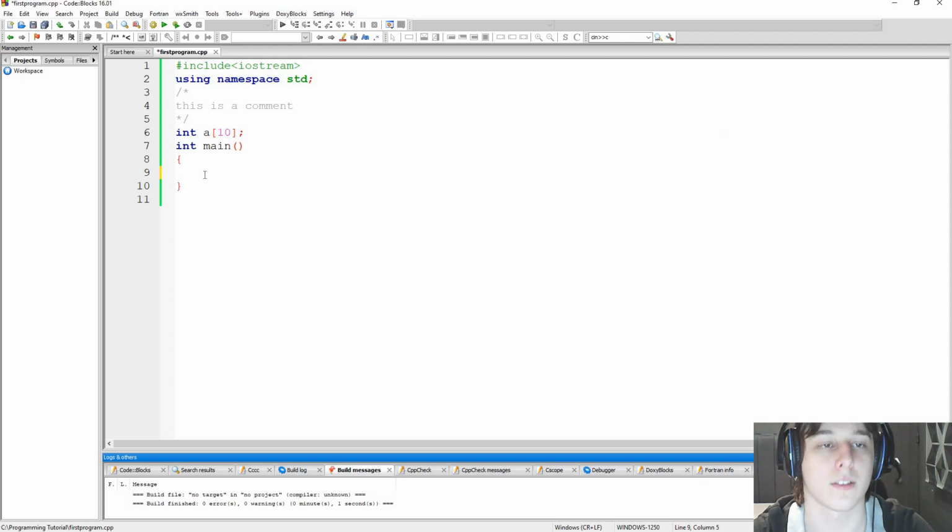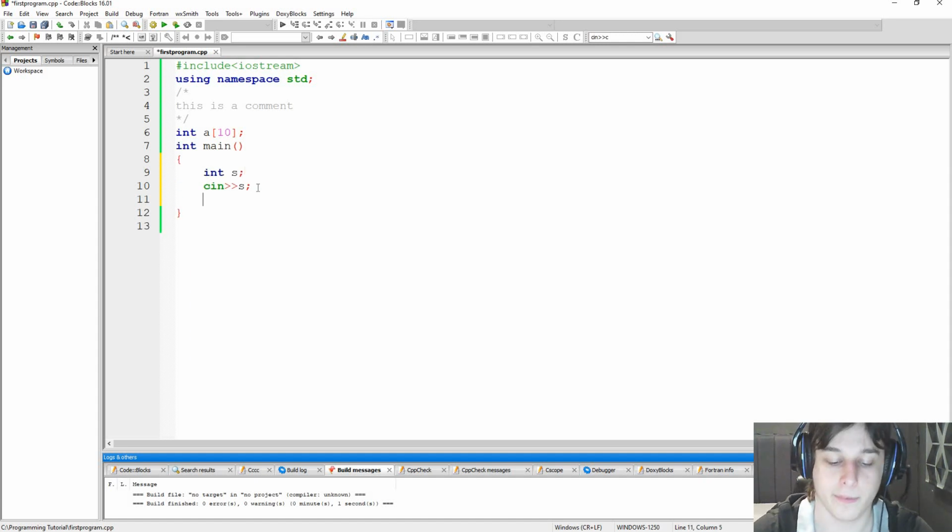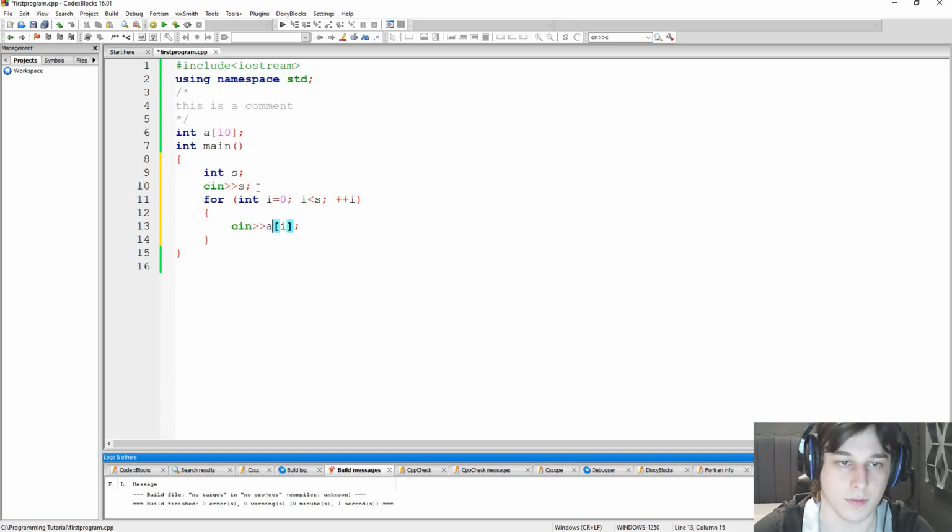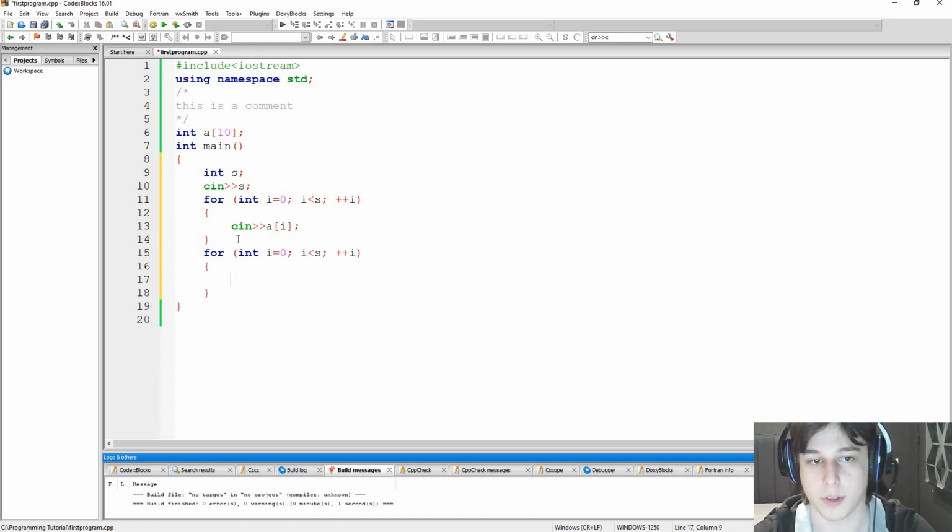So now if we want to take numbers from the console, we first take the size, and then we will input all of the numbers. Now let's go ahead and make some operations with it. In this example, we will just multiply the values with their index. So the first element will be 0, the second will be itself, the third will be 2 times itself,